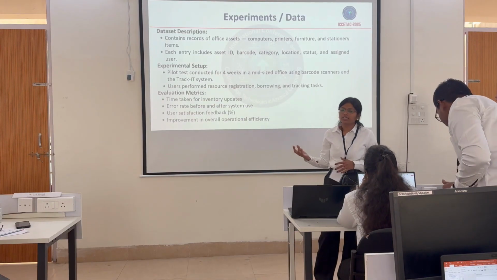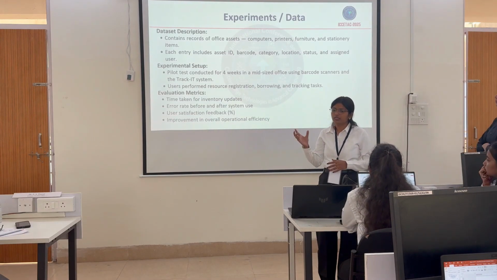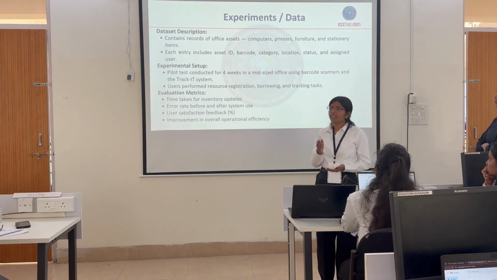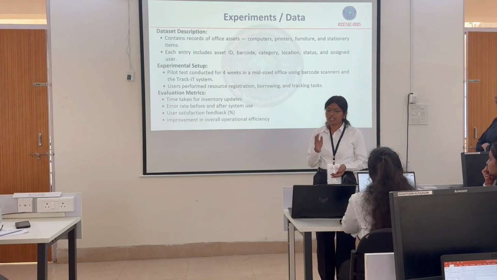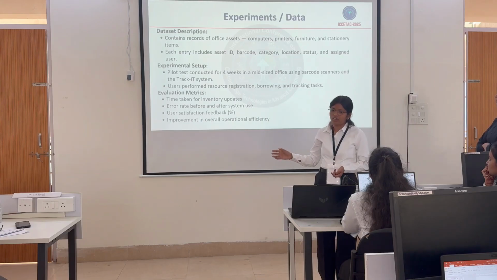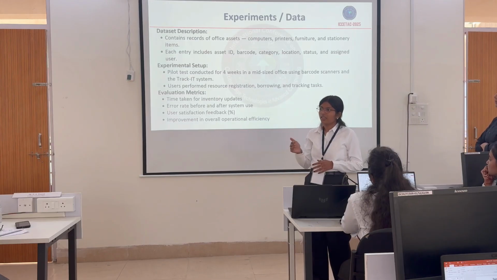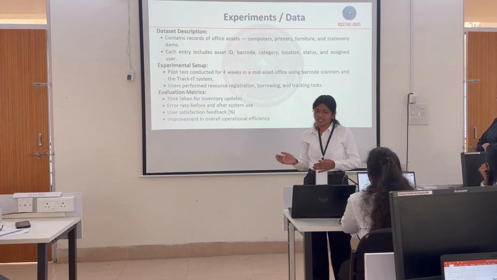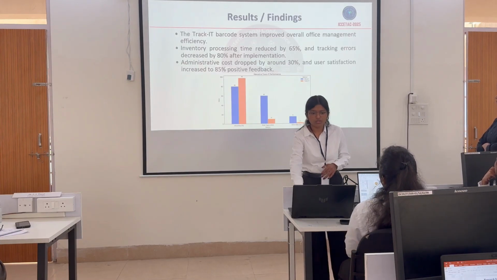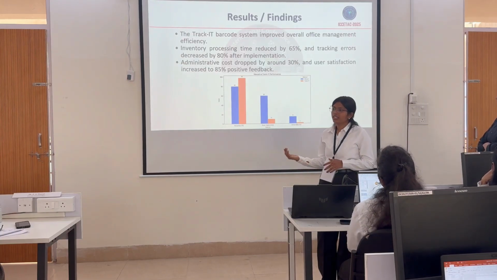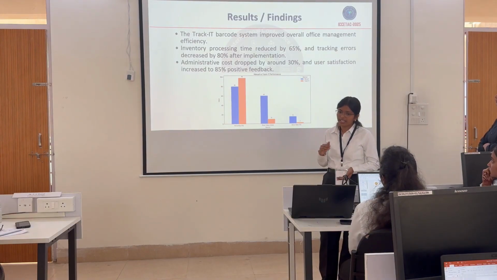Data set description: it contains assets like computers, printers, furniture, stationery and more, where we provide unique IDs like asset ID, barcode, category, location, status and so on. We also performed a 4-week test in our campus only, for different departments, so that we can get the data and improve our product. These were our results: inventory processing time was reduced by 65%, tracking errors were decreased by 80%, and